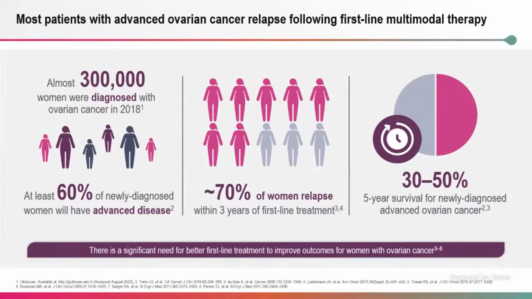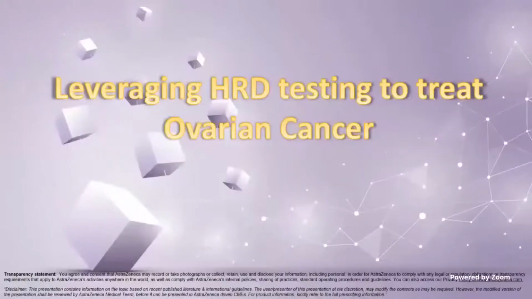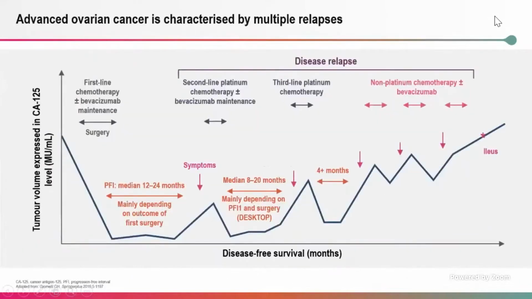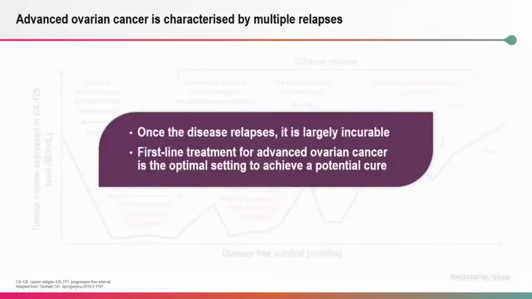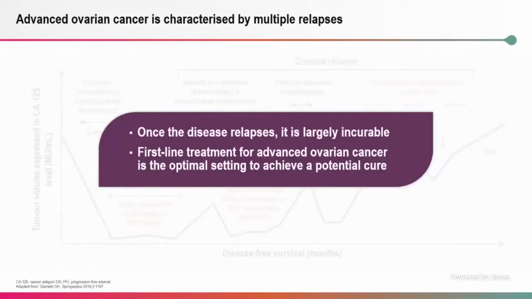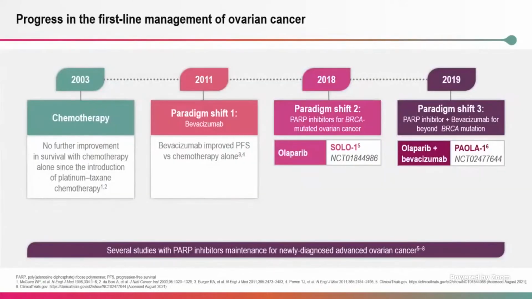I'll not be taking much time, skipping the slides which have already been discussed. So ovarian cancer, we all know, the 5-year survival is dismal in advanced ovarian cancer. Once the disease relapses, it is incurable, and that's why the survival is poor. Now, the paradigm shift in 2018 is that we have the availability of olaparib through SOLO-1 in the first line,